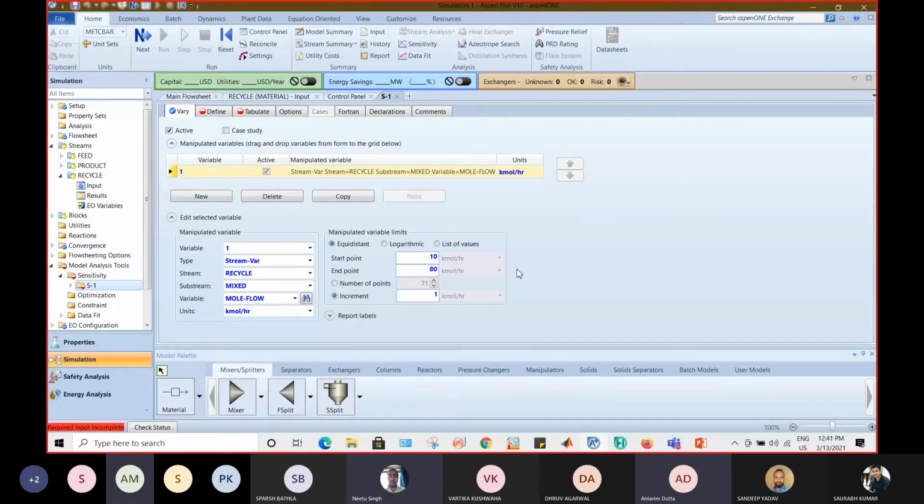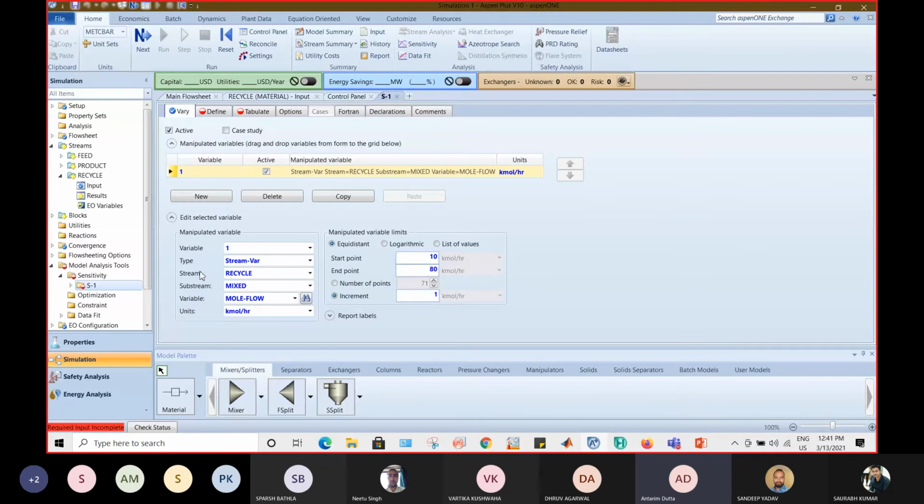यस सर। सबसे पहले क्या करना है, सबसे पहले वैरी में आते ही हमें न्यू को क्लिक करना है। जैसे हम न्यू पे क्लिक करेंगे ये ऑटोमेटिकली ऐड हो जाएगा सेगमेंट, और उसके बाद हमें फर्दर यहाँ पे अपने स्ट्रीम्स को डिफाइन करना है। तो यहाँ पे वैरी हमें करना है जो हमारा वैरी हो रहा है, दैट इज योर मैनिपुलेटेड वेरिएबल। तो सबसे पहले हमें डिफाइन करना है द टाइप ऑफ वेरिएबल। ओके, for our this particular problem statement we are having our recycle stream which is getting varied. Okay, that's why I have selected stream variable over there.